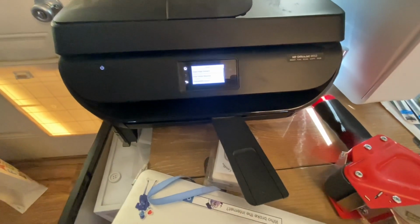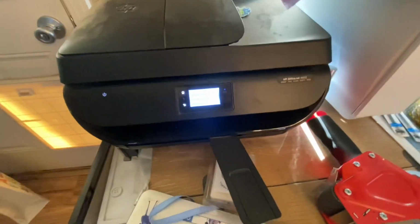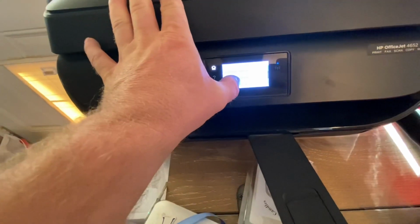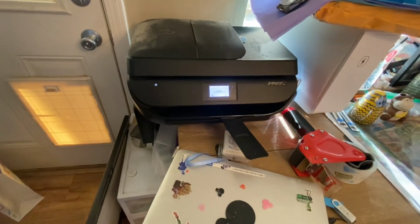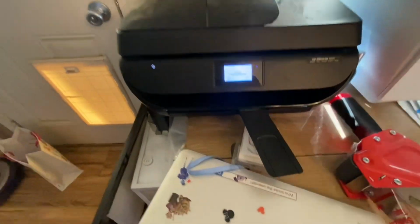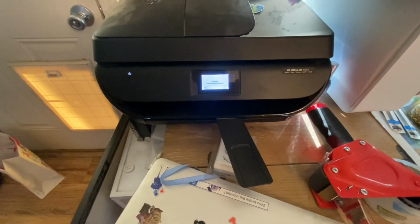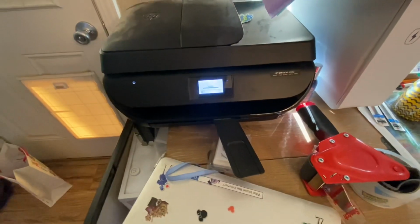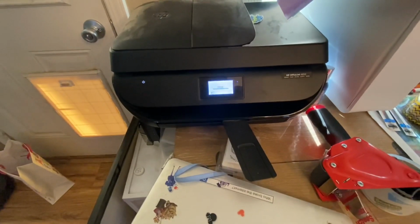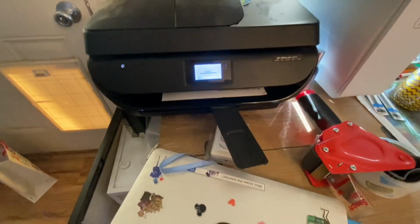It's an older printer, okay? It's not the latest and greatest. However, sometimes with these new printers, I don't know. I would think if I was HP, I wouldn't allow this. I'd make it so that once it knew it was out of ink, that would be it. You'd have to replace it no matter what. But these older printers, they almost don't care. Sometimes they do, but